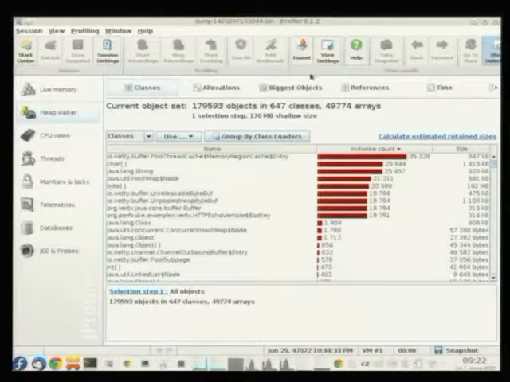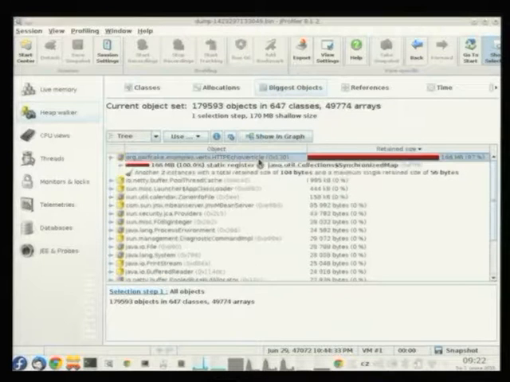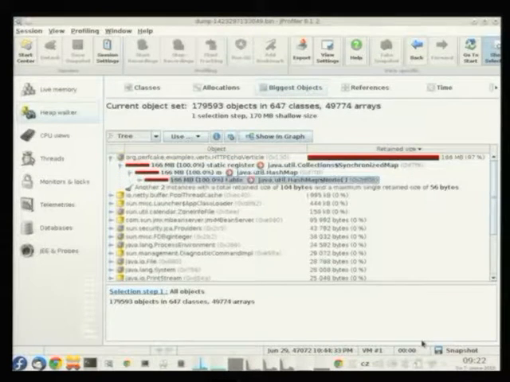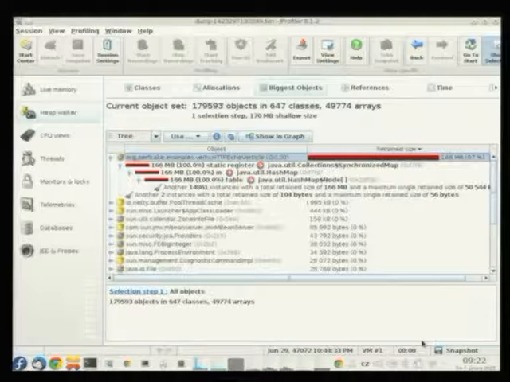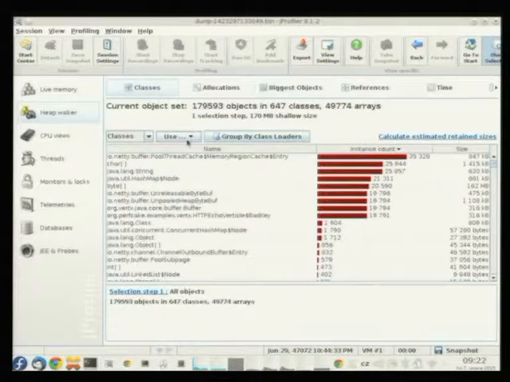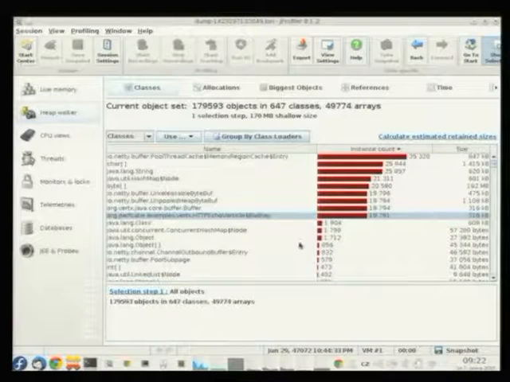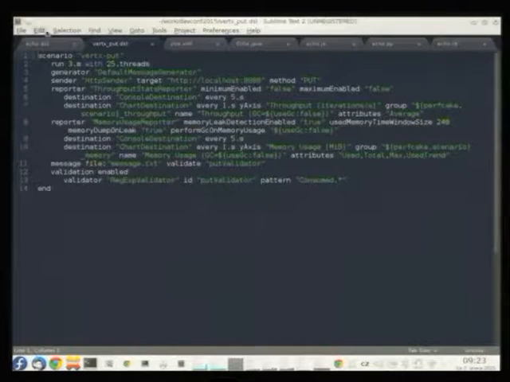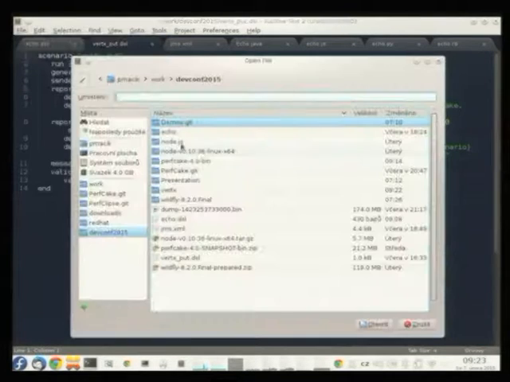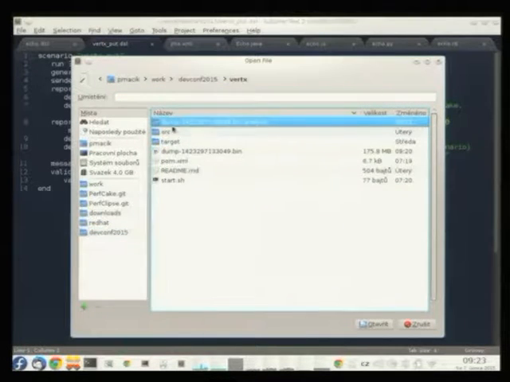Let's inspect the biggest objects now, and we can see that it's actually in our service, in our code, that there is some strange usage of collections of a hash map. So let's see the classes, and the highest instance count in our code is for HTTP echo vertical bed key. So that's the memory leak we put in, and it's really visible in here. So if you ever had an application with memory leak, it's highly probable that you'll be able to first easily detect it using PerfCake, and second, find it in the heap dump.